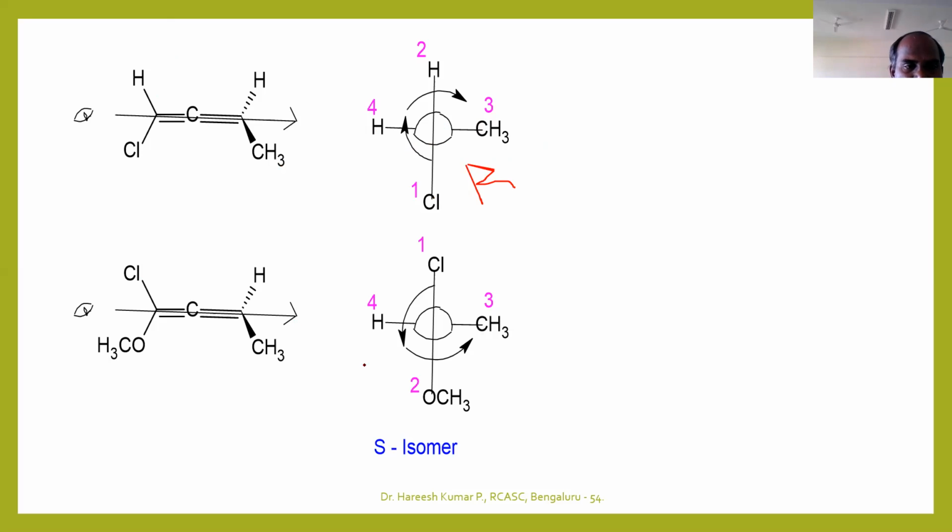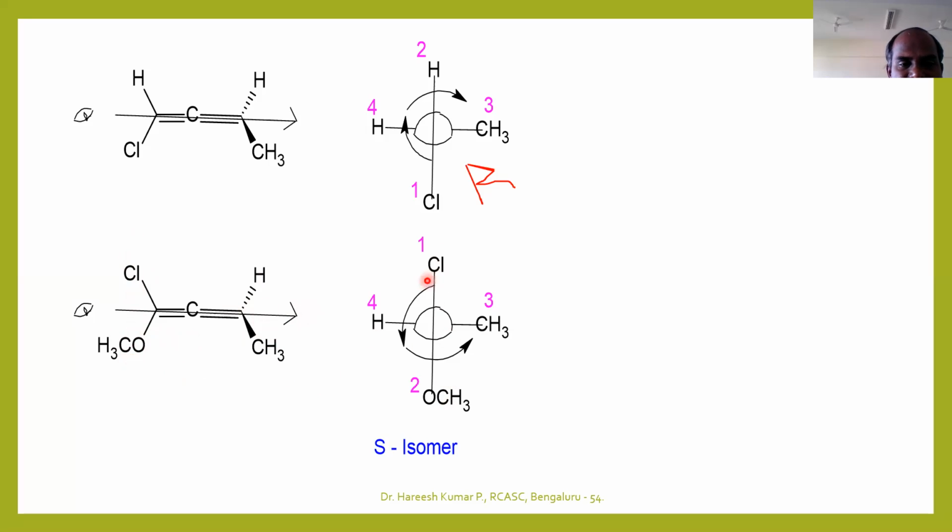So then you can take one more example. So before taking the example, let's take the pointer. Okay. So this is one more example, and here what you need to remember, a chiral axis is passing through from this carbon atom to this carbon. So when a chiral axis is passing through like this, these two groups take the priority compared to these two. So between these two, one is oxygen, another one is chlorine. So chlorine will have a higher molecular weight. That is the reason this chlorine takes the first priority and this one takes the second priority.